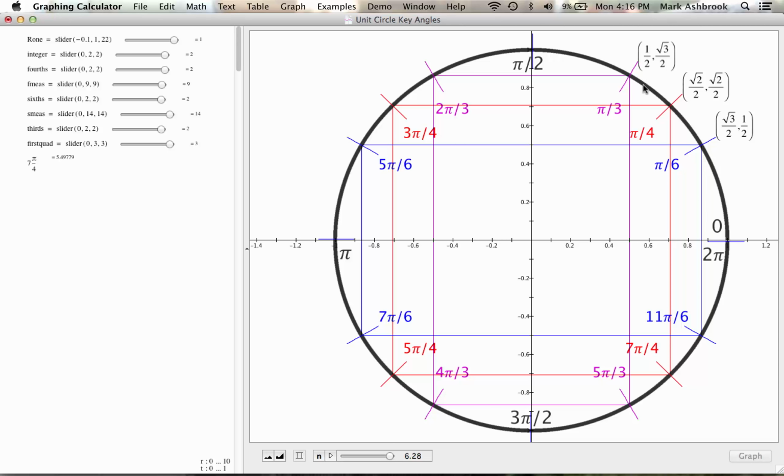But what happens is, because of the symmetry, I'm showing these rectangles here to show that by symmetry, all of the key angles, if I include here (1, 0) for an angle of 0, and (0, 1) for an angle of pi over 2, then all of these angles in the rest of the quadrants, 2, 3, and 4, can be found by symmetry, by having the same x and y coordinates as these. It's just a matter of applying the right positive or negative. Okay, so for example,